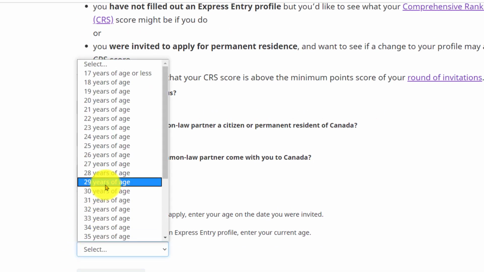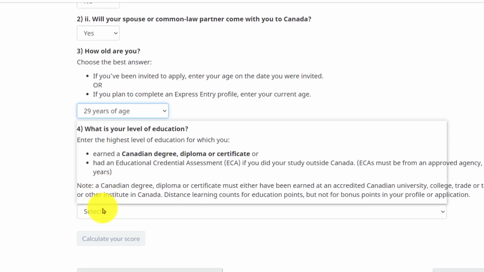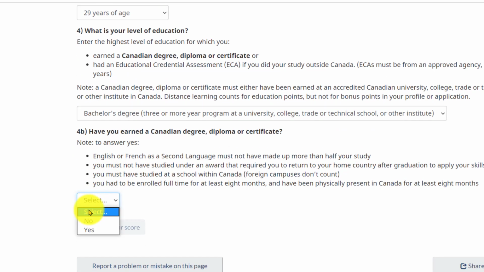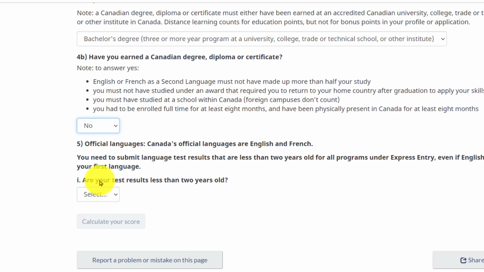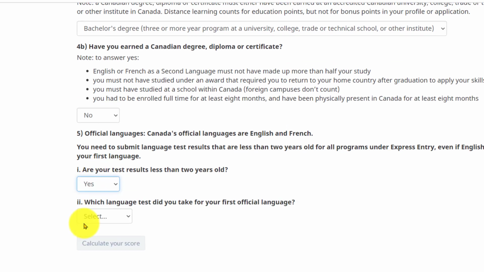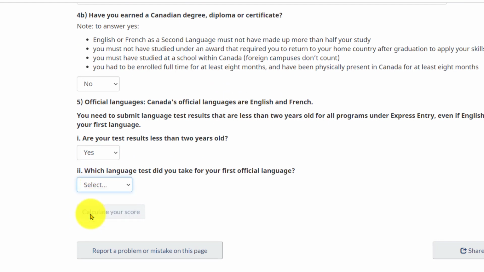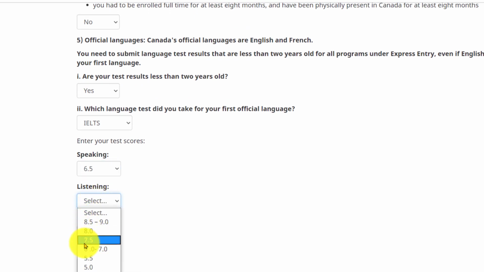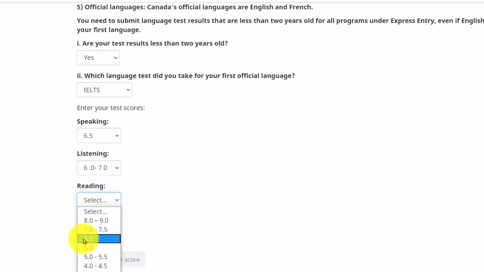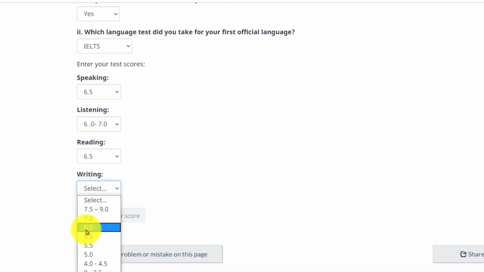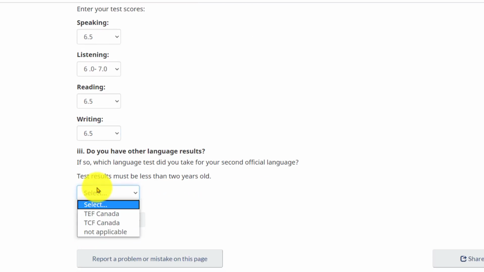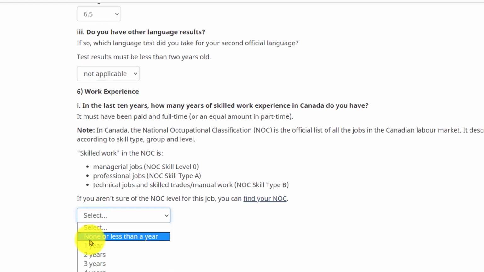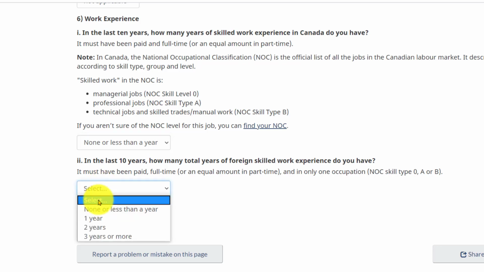Your age, your highest level of education, any Canadian degree, your official language test, score in each band, select if any other language test taken, work experience in Canada, work experience outside Canada,